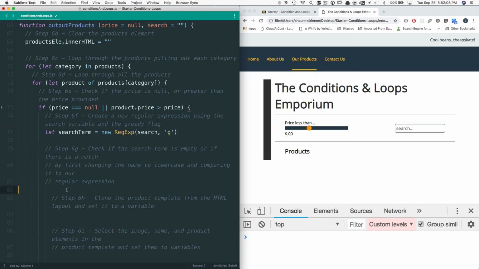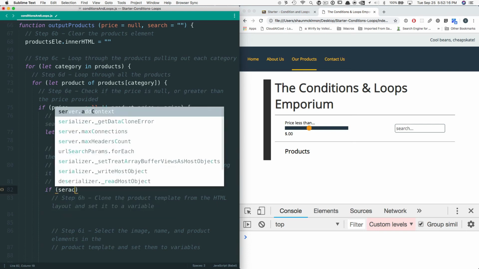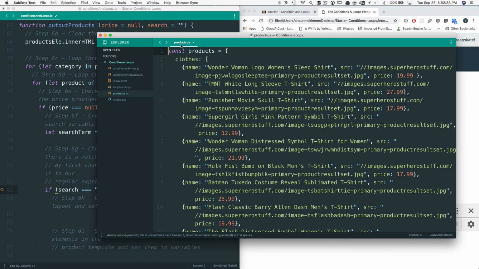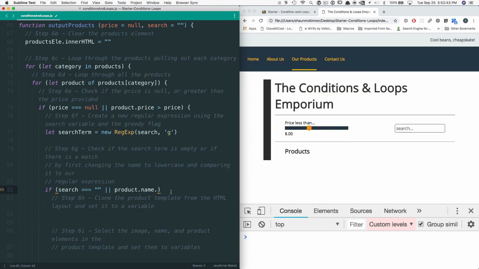Now we're not done. We have this wonderful thing, but we need to actually be able to match it. So in order to match it, we're going to run an if condition. If search is equal to nothing, or, and this is a long expression, product dot name, right? That's grabbing that product name. If I go back to products.js real fast, that's grabbing this. That's what we're accessing there. So product name